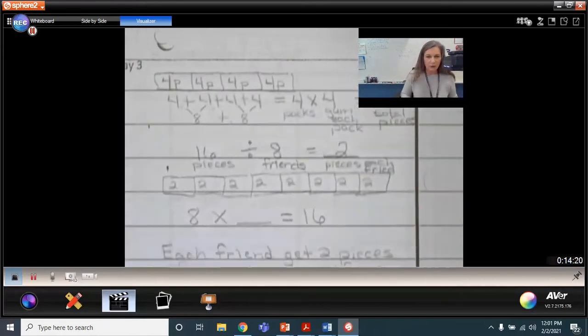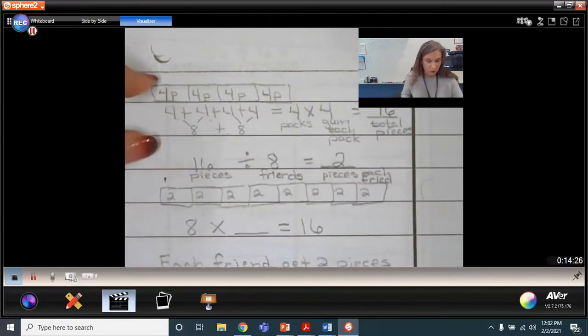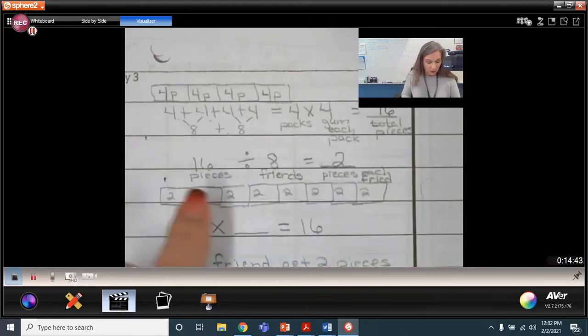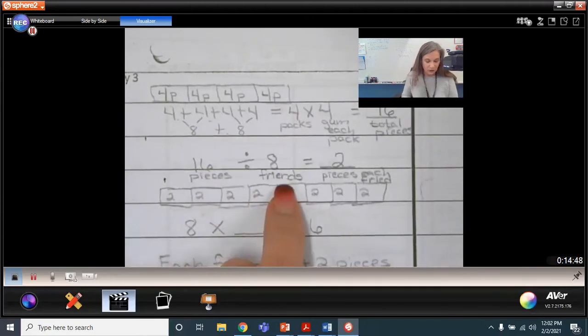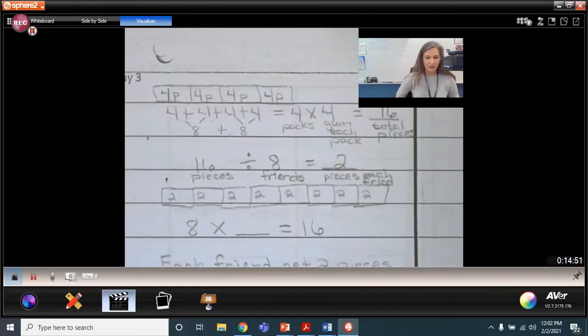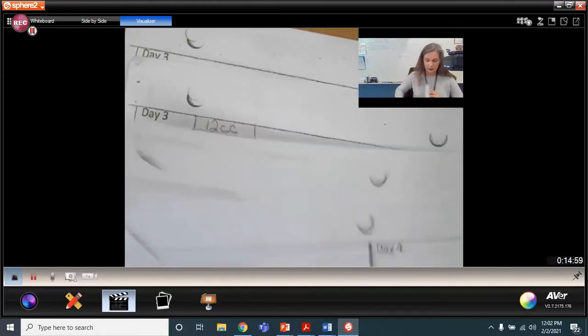You have a model to show how you figured this out. And actually we have 2 models because the first one we had to draw a model to find out how many pieces we had. The second part was we had to take those pieces of gum and then break them up into parts. Now, you'll notice that we're not looking for fact families here. We're using what we know about 16 pieces of gum to share them equally between friends. So don't get this confused with a fact family. We're actually doing something different with these 16 pieces of gum. Okay? Let's take a look at